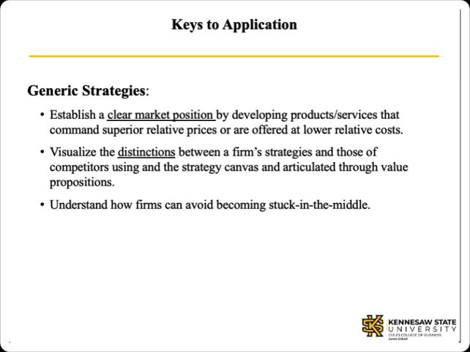To summarize, a key takeaway from this presentation on generic strategies is to note the importance of making clear and disciplined decisions about the market position that a firm wants to establish. That low-cost or differentiated position then drives the trajectories that influence other strategic decisions down the line. The distinctions must be stark enough to demonstrate separation from competing firms, and the strategy canvas is an excellent tool for visualizing these distinctions. If they are not strong enough, or the distinctions do not resonate with customers, then the firm is at risk of being stuck in the middle or outcompeted by firms with clearer value propositions. And this concludes the presentation for Chapter 6.